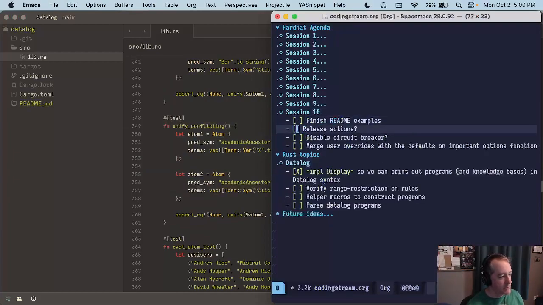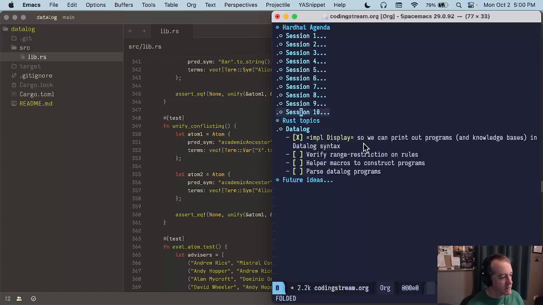Let me check this off real quick. We did the release actions, and I'll move some of those things to the next session. Okay, so we need to verify range restrictions on rules, and I think the way I want to do this is